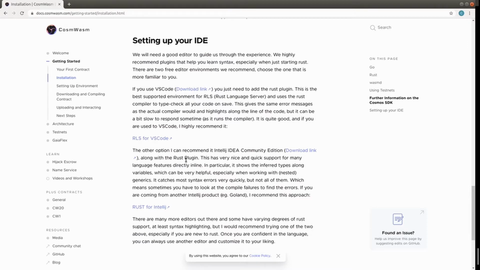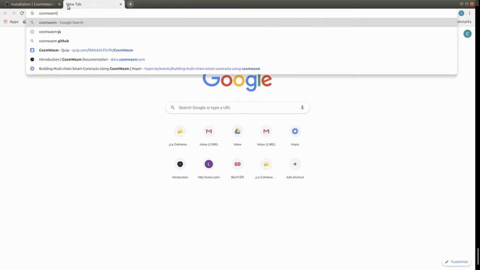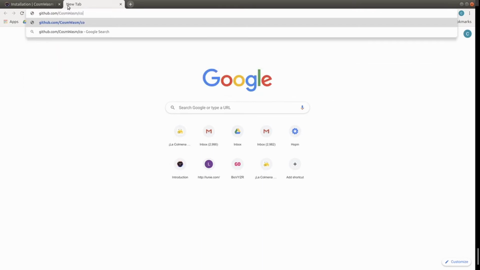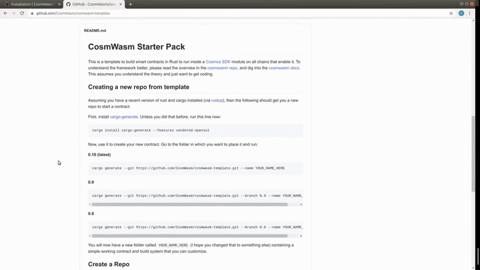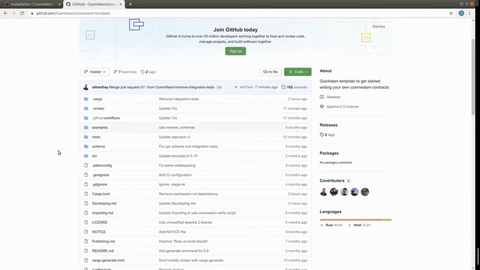Then, while you're doing this, one more thing to do is to look at CosmWasm. I'll write the whole thing: github.com/CosmWasm/cosmwasm-template. So cosmwasm-template is our getting started kit. This really is our starter pack for creating any contract. It sets all the boilerplate up for you and gives you a Rust environment, including CircleCI and GitHub workflows, so you can actually push your repo anywhere and immediately have